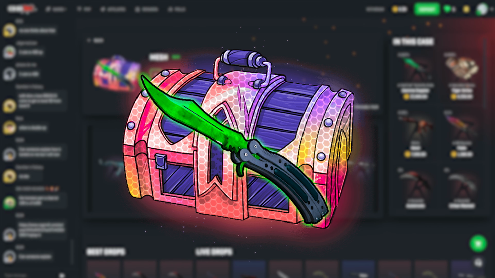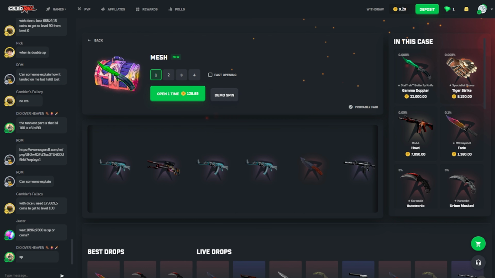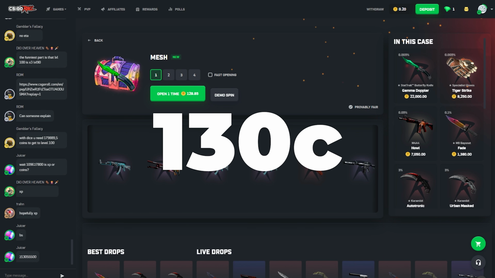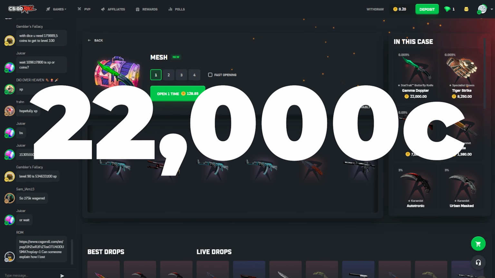Next up, we have the mesh case, which might I just say right away, very cool case art. It kind of reminds me of the Halo shields, the deployable shields that the Covenant have, stuff like that. Really cool, textured hexagonal looking deal. Love that. But it comes in at 130 coins with the top hit being 22,000 coins